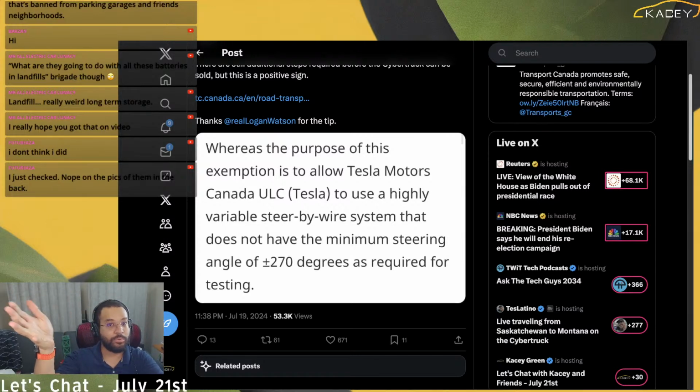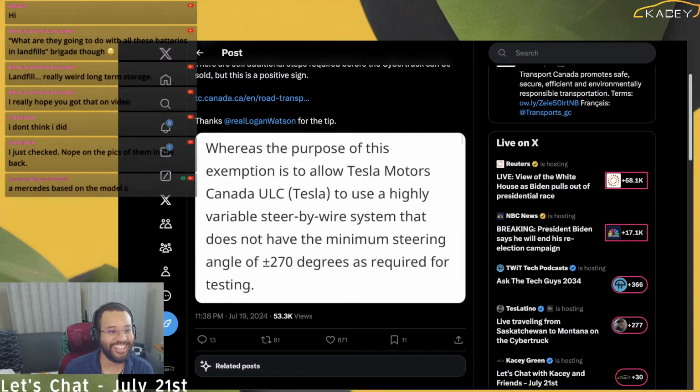The way I'm interpreting this is that the wheel doesn't turn enough to meet the regs in Canada, because who was ever anticipating steer-by-wire would get rid of the hand-over-hand garbage. I hope this is a really old law, because if it's not, then that was just a stupid oversight.